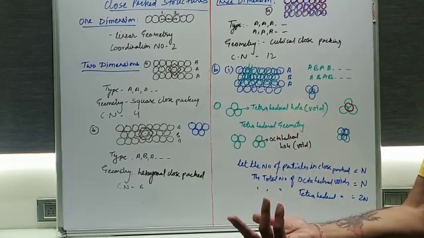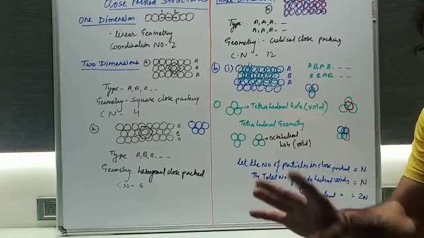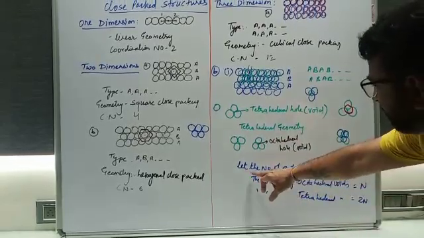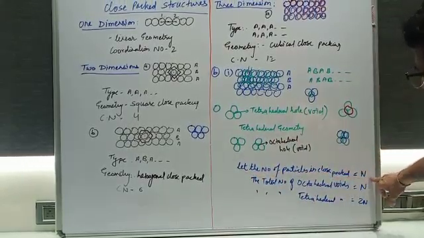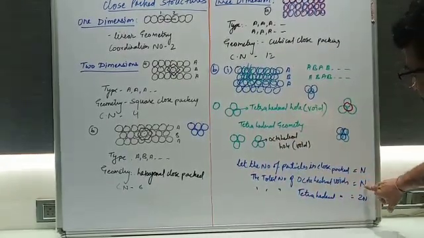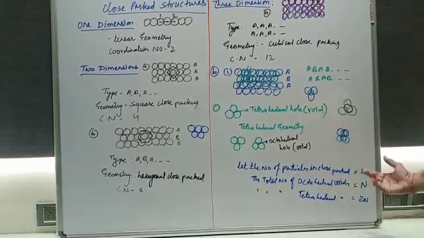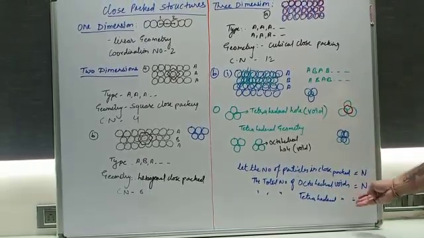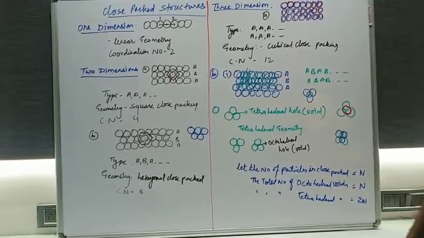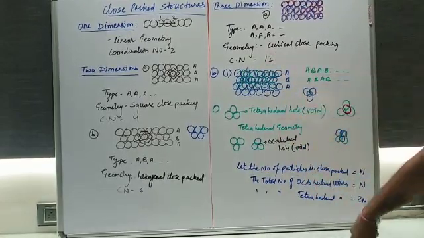So what will be the number of tetrahedral voids? It will be almost double. Almost 100% it is double. So here you will see, let the number of particles in the closed packed structure be taken as n. Okay, and the total number of octahedral voids will be taken as n. Okay, because both are equal, and the tetrahedral voids will become double the octahedral voids, that will be 2n. So we need to multiply this. This is the observation we have made.